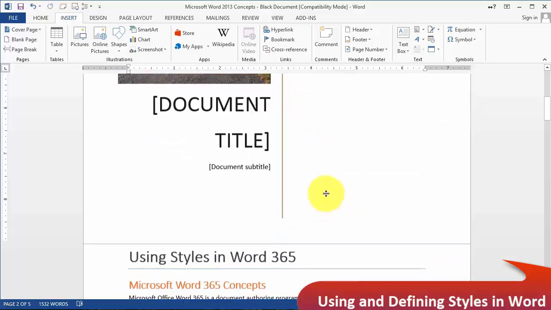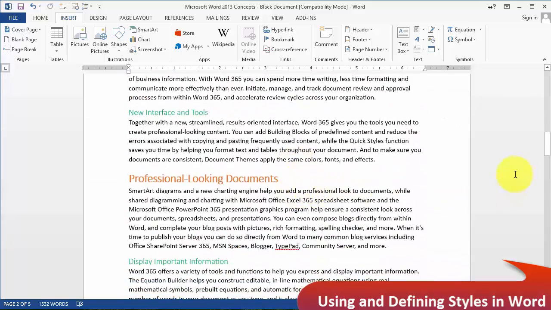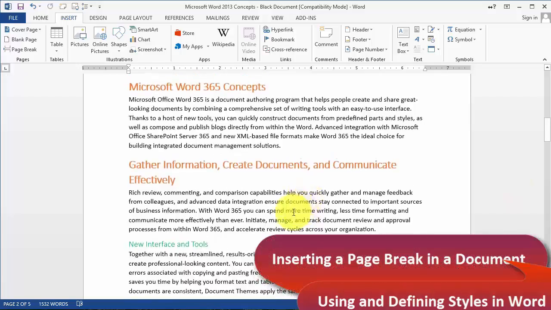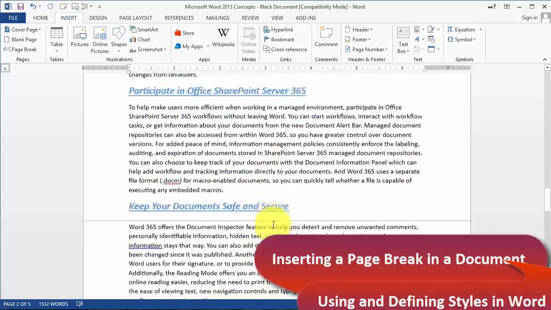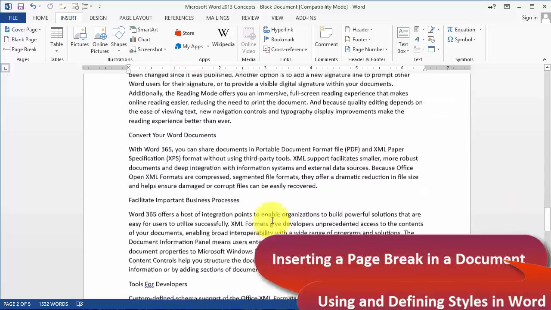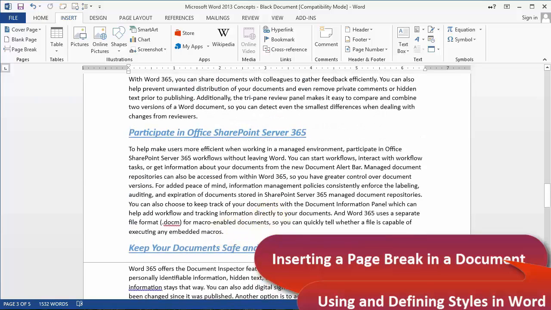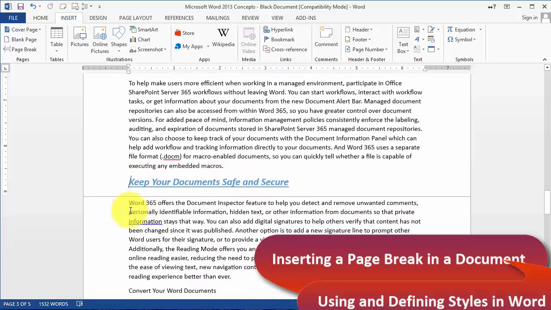The other thing is that from time to time you might want a part of the document to always be at the beginning of a next page. For example, let's say I want this right here where it says keep your documents safe and secure. Notice the wording starts on the next page here. Let's say I want this to always be on the next page. You do that by inserting a page break. So you click here on page break,